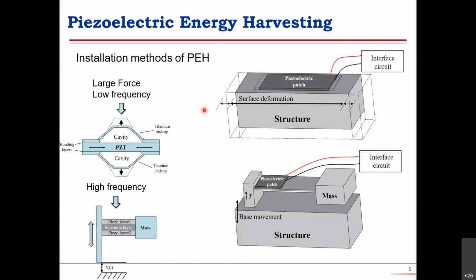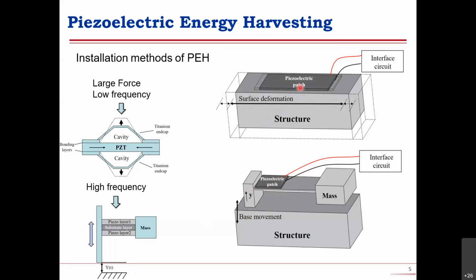For the installation of the PEH, there are mainly two types. One is we take the piezo patch on the base structure, so this piezoelectric ceramic can deform or vibrate with the base structure. Another is we can put the piezo patch on a cantilever beam, and this cantilever beam will amplify the base movement, so we can generate more energy. However,